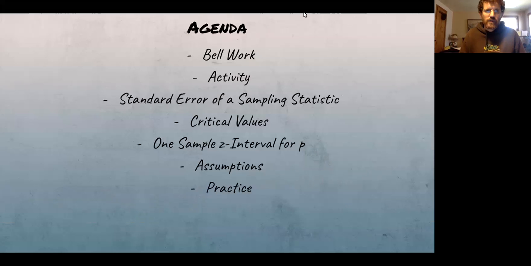Today we are going to be going through and doing the full calculation of a confidence interval, and you'll see right here it's got this fancy name, one sample z interval for p, that means proportions. And we have different kinds of intervals we can create, which is why we have a specific name for this one. And hopefully, as you see the other types of intervals that you can create, this becomes less confusing for you. So anyways, we are going to